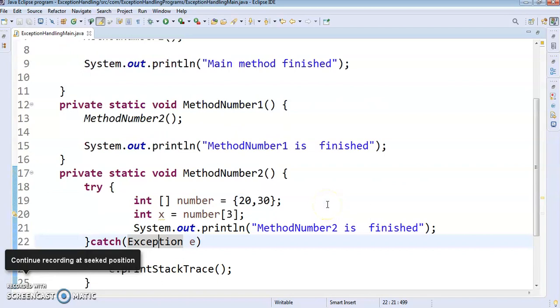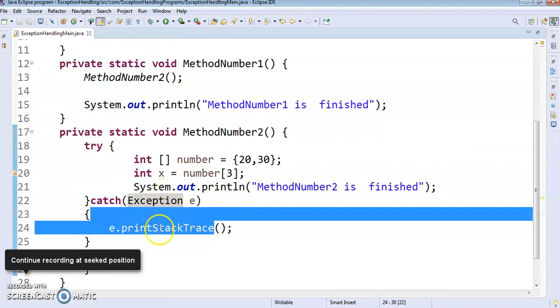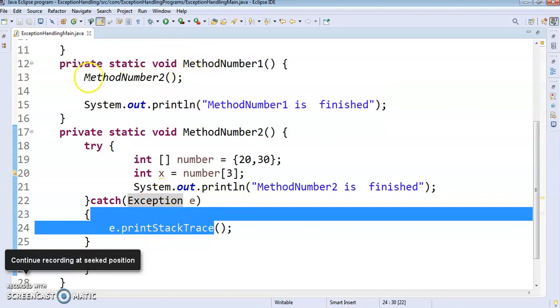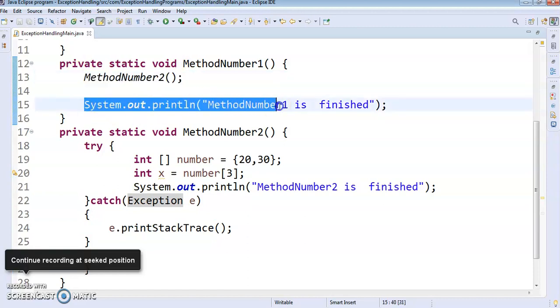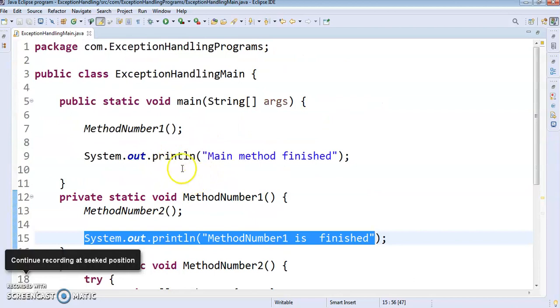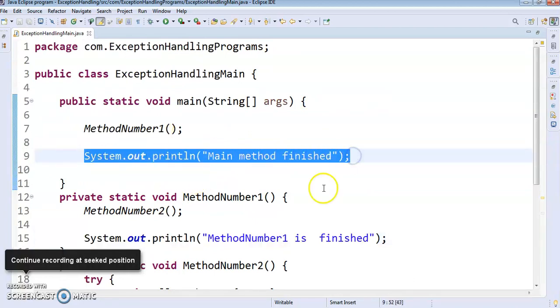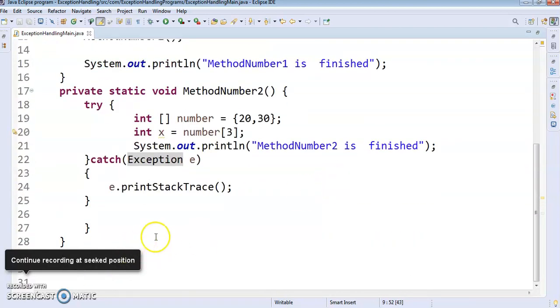Now after handling this exception, what happened? It is not thrown back to this particular method. That is the reason why the previous method's execution is completing, and it is printing method number 1 is finished first, then the cursor goes back to the main method, and it is printing main method finished. So this is the way we are going to handle the exception.